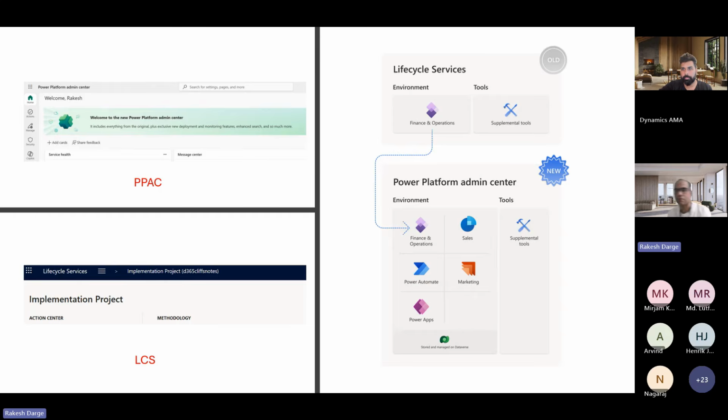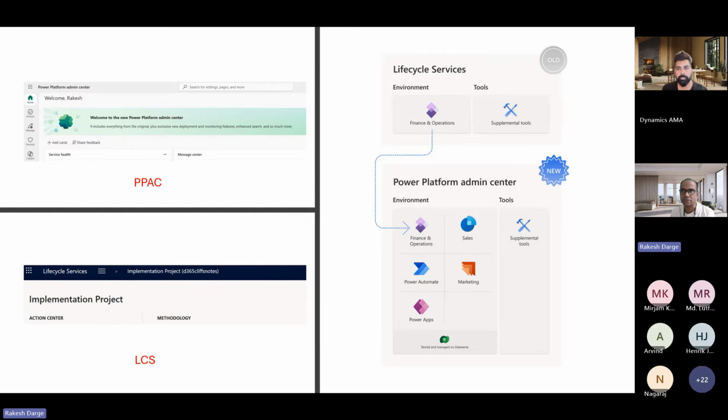And at the same time, the Power Platform took the traction as a low code, no code platform, and it actually increases the return on investment from an end user perspective. That is where the entire Dynamics CRM, which is nowadays the customer engagement app, started moving to the Power Platform family as a first citizen. However, the ERP piece was running in silo, right? So that's where you probably would have noticed initially, if required, then only we used to deploy the Dataverse as a connection to the FNO database through LCS.